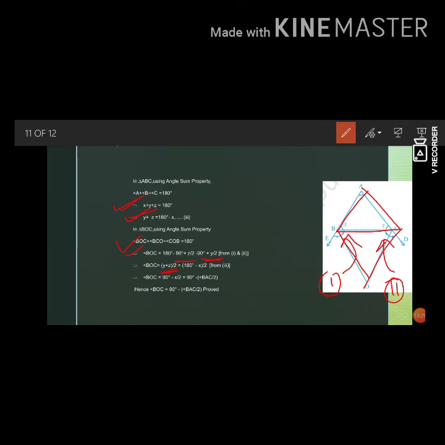Now we know that y plus z is equal to 180 minus x from our relation 3. So relation 3 will be substituted in place of y plus z. So we will write (180 degrees minus x) by 2. That is 90 degrees minus x by 2. Now x is angle BAC. So in place of x, we will write angle BAC by 2. So what was required to prove is achieved, that angle BOC is equal to 90 degrees minus angle BAC by 2, or angle x by 2. So we have proved it.